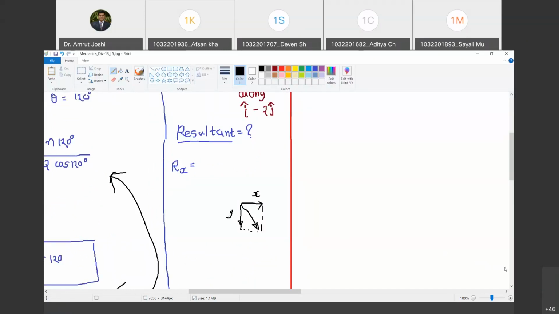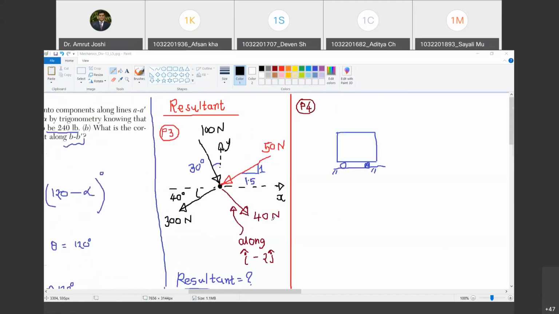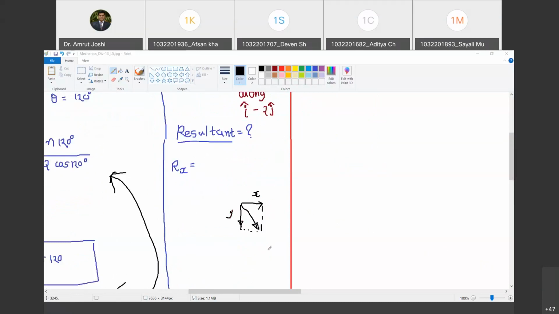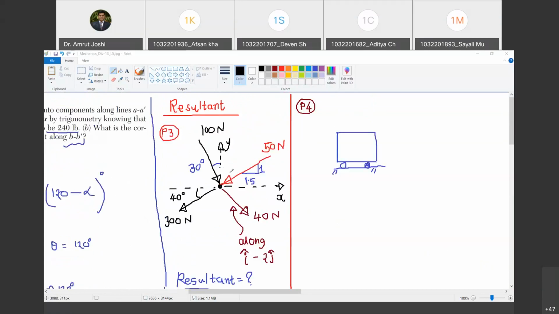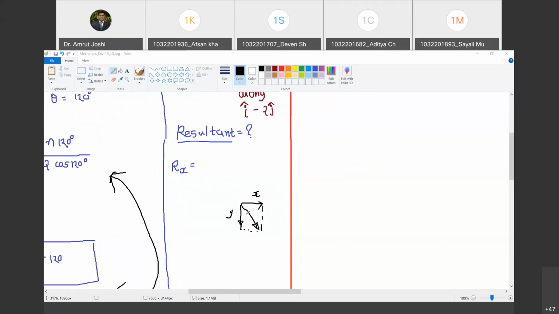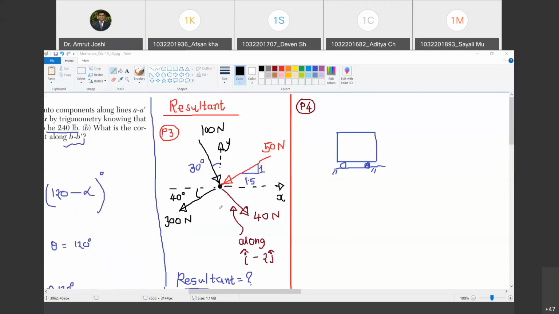Happy? Yes. So the x component is towards right and the y component is down. Only then the addition of this x and y component is going to be in this direction. Do you agree with me? Yes, sir. So we know that 100 Newton's x component has positive sign because it is towards right. Towards right, x is positive as per the given diagram. Happy? Yes, sir. And its y component, however, is going to be negative because it is downwards and upwards is positive as per this diagram. Happy? Yes, sir.